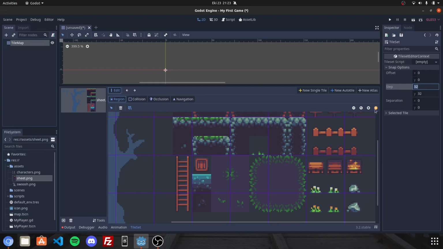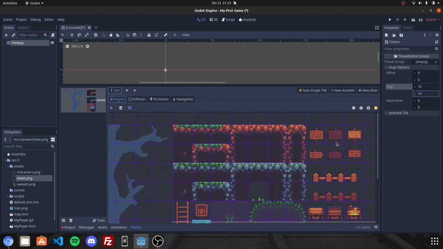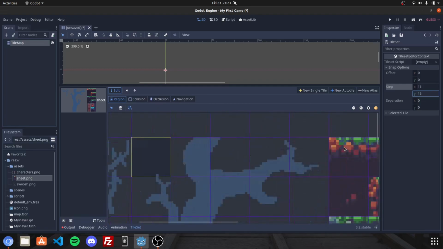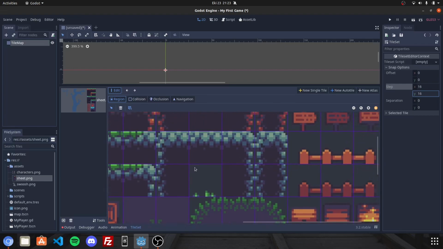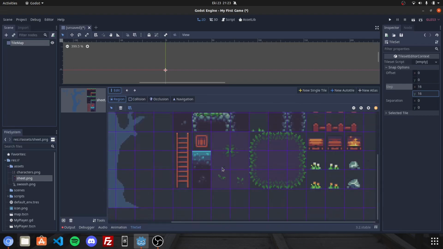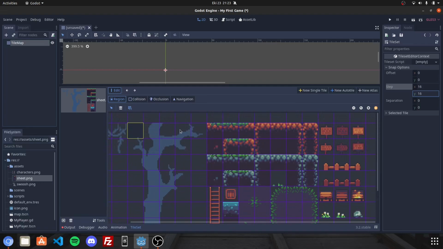exact objects on my tile map, so that 16 value for x and y is exactly exact good value for my tile map. And now I can